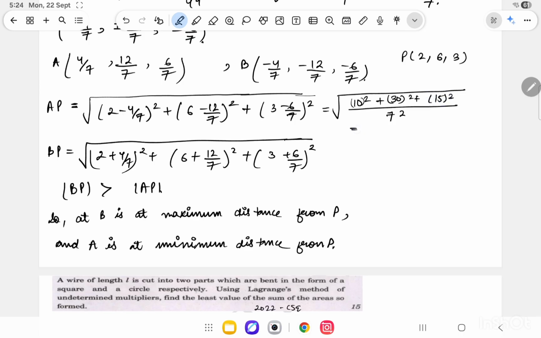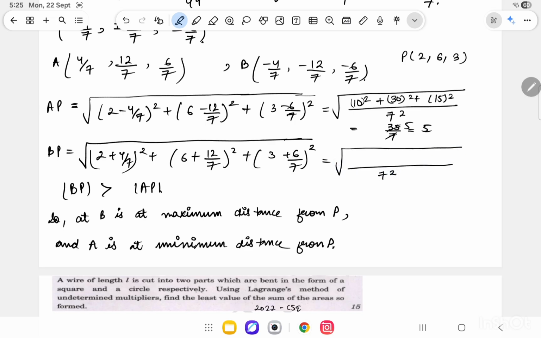So this basically gives me 35 by 7, that is 7 into 5, that is 5 units, and this distance will be basically under root